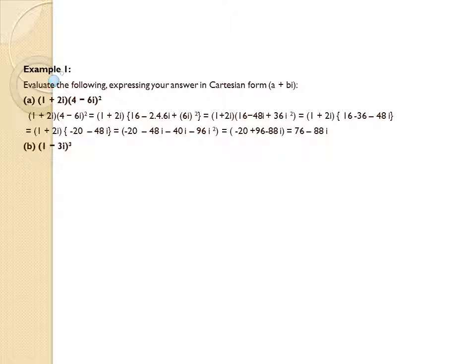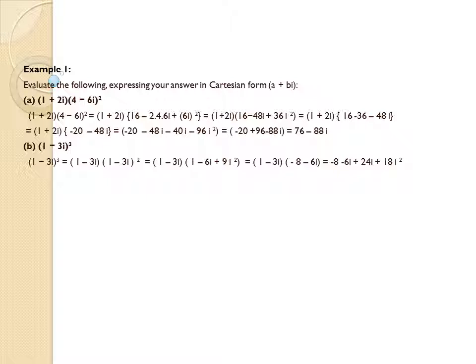Let's go to the next problem. Next one is (1 minus 3i) whole cubed. So we have to reduce this to the Cartesian form a plus ib. So how to reduce it? This is (1 minus 3i) whole cube equal to (1 minus 3i) into (1 minus 3i) whole square. Any cube, x cube, can be written as x square into x. 1 cube can be written as 1 square into 1. 2 cube can be written as 2 square into 2. Similarly. So (1 minus 3i) into (1 minus 3i) whole square equal to (1 minus 3i), then (1 minus 3i) whole square,